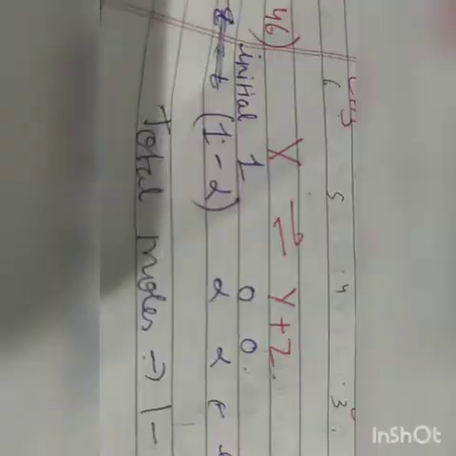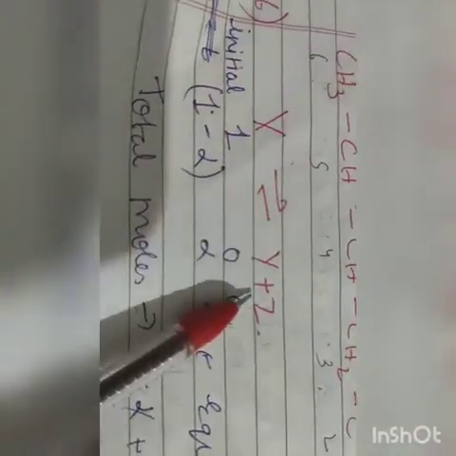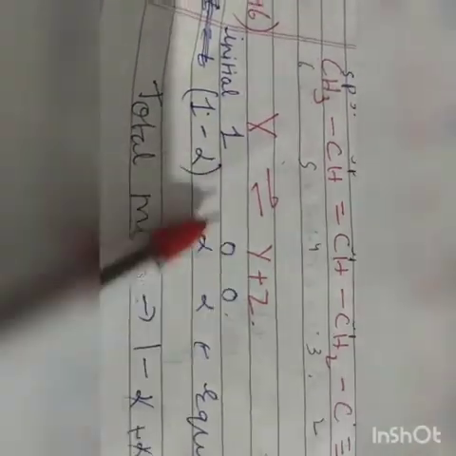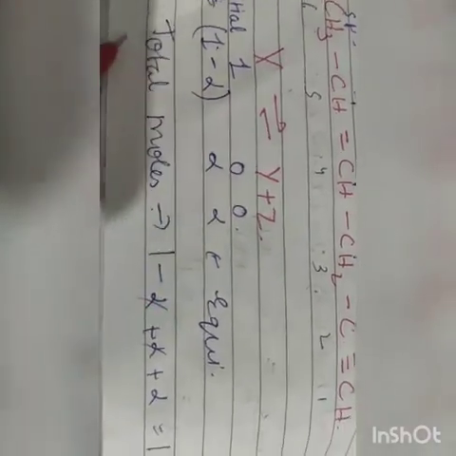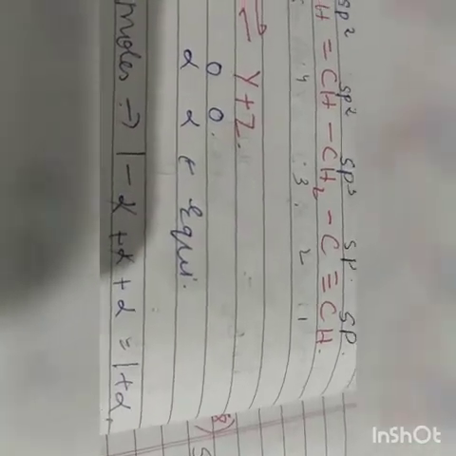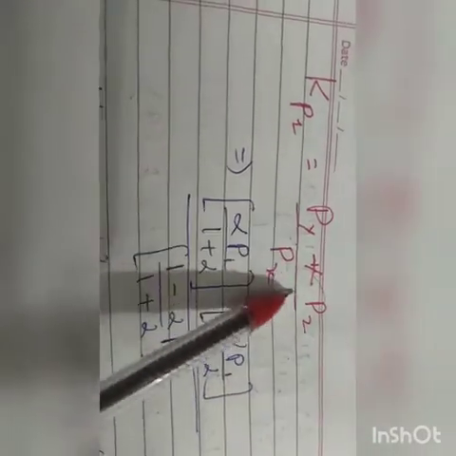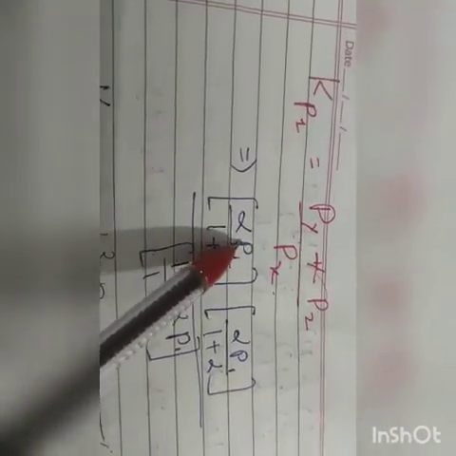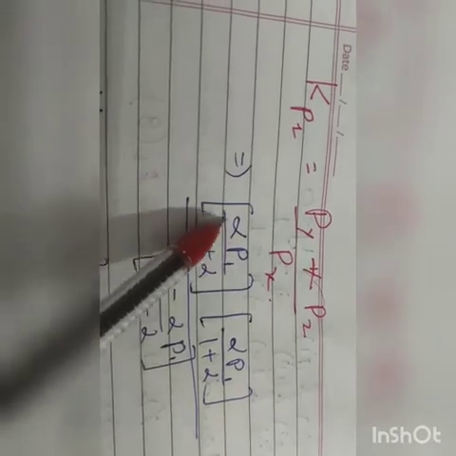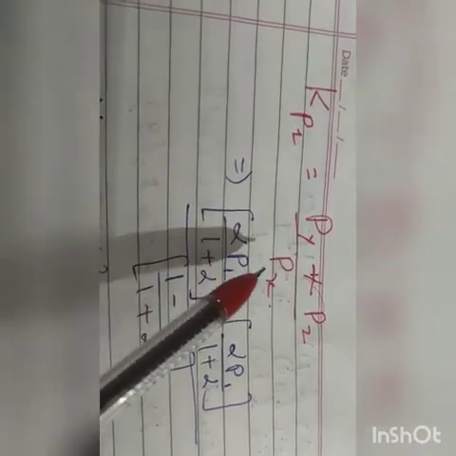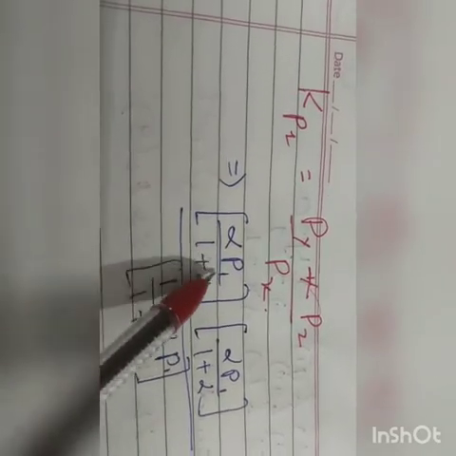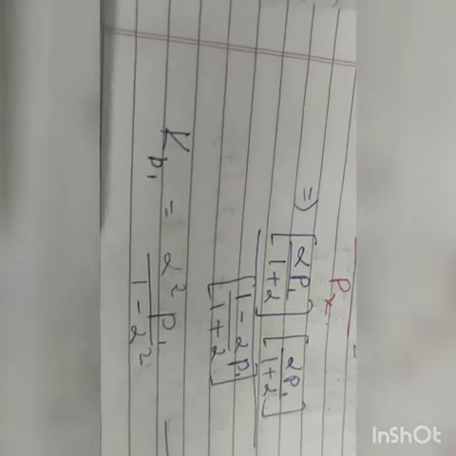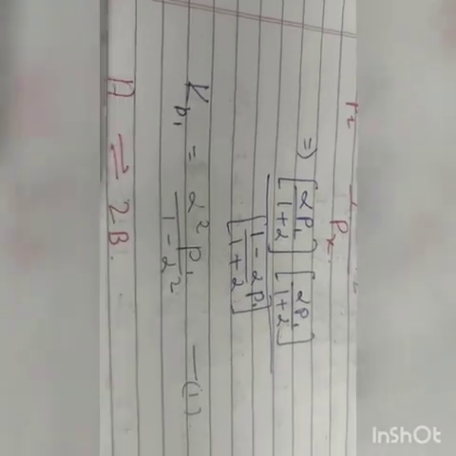If the degree of dissociation of X and A be equal, then the total pressures at equilibrium 1 and 2 are in the ratio? So here for X is Y plus Z, initially it was 1, now at equilibrium it is 1 minus alpha, alpha, alpha. So here total moles will be 1 plus alpha. So here Kp1 will be Py into Pz by Px, where we put the value as the moles of Y by total number of moles.